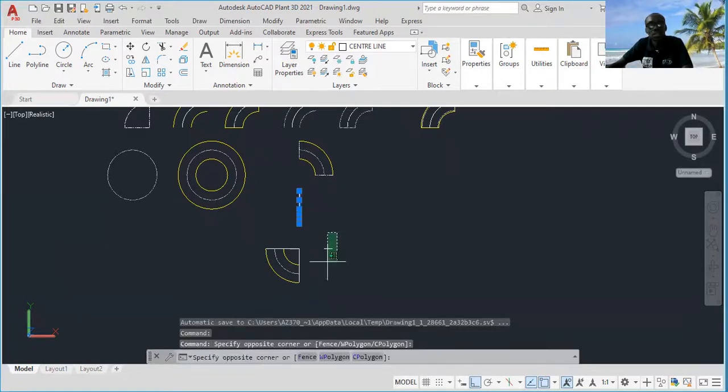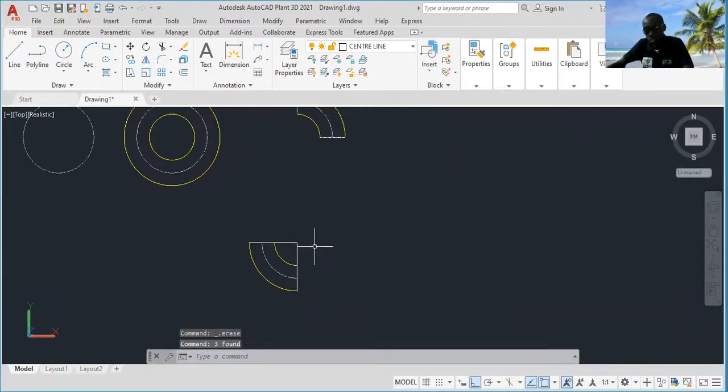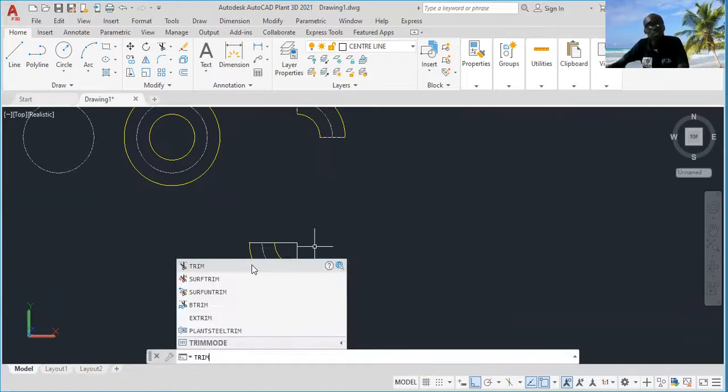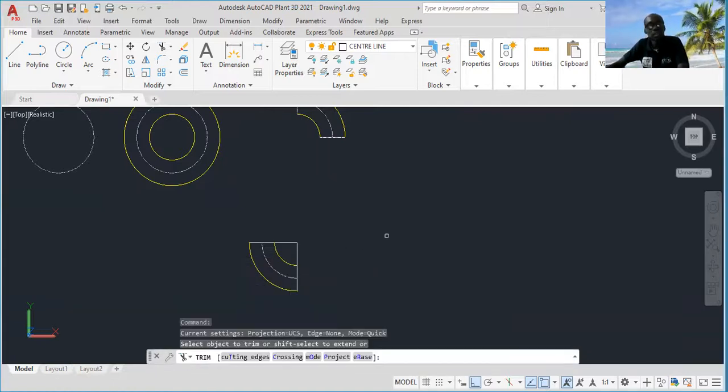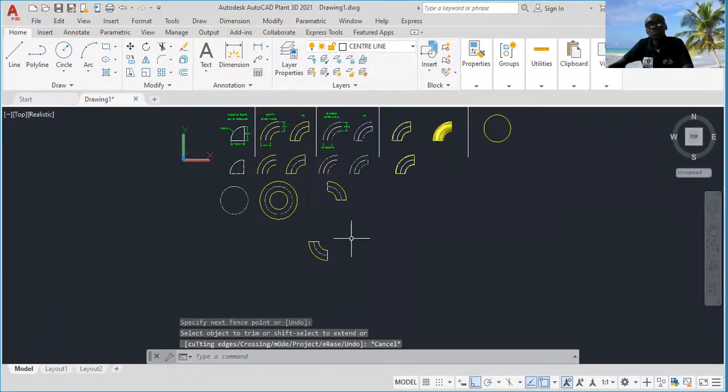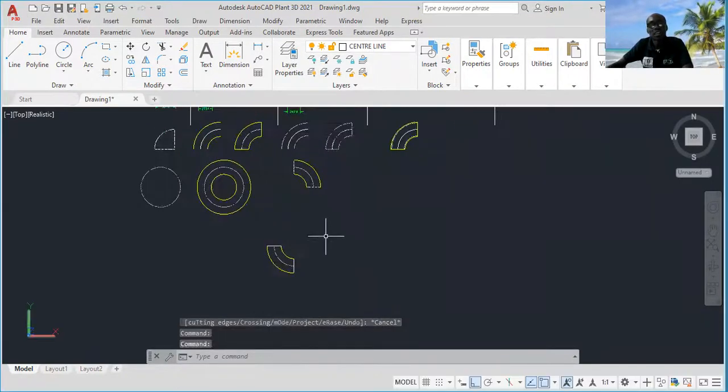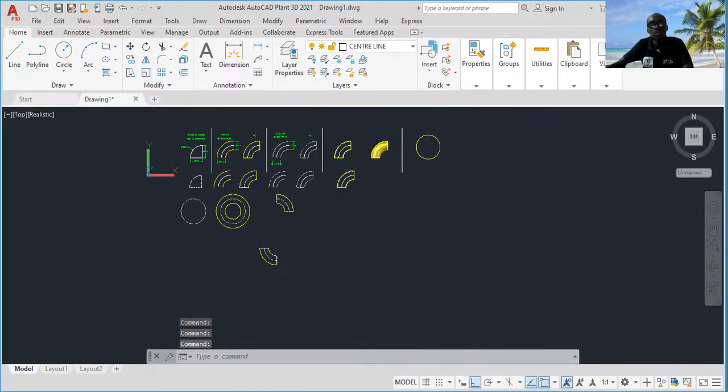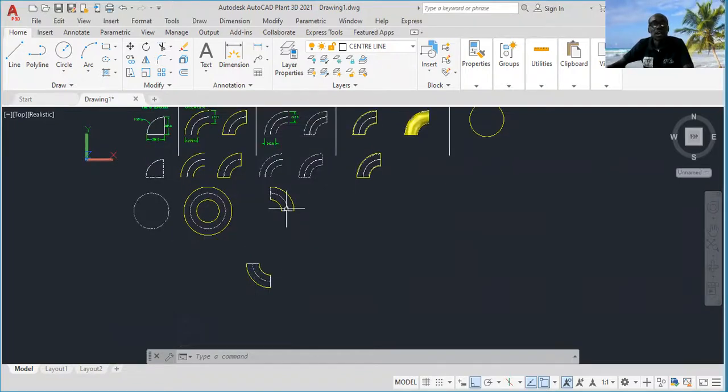I'm going to delete this out. Trim, trim, trim, enter. I trim this out. I trim this out. So I have another one in another direction. Okay. So these are the outer diameters. In the same way, you can follow the same way to create the inner diameter using the